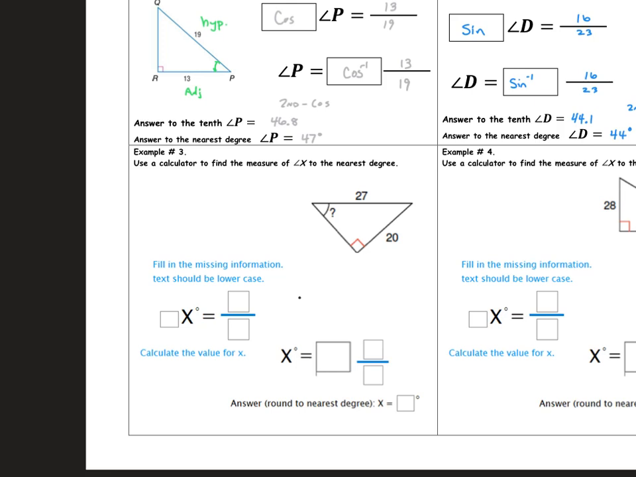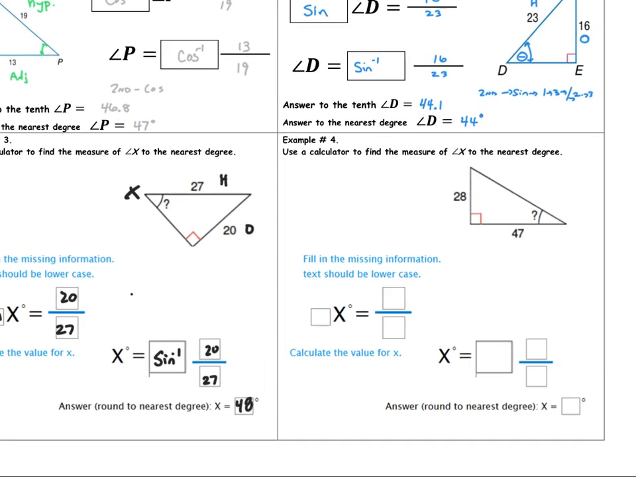Look at example number 3. The question mark is the angle I'm trying to find, so I'm going to call that X. Again, if I wanted to find this, I need to look down here and set up my ratio. I've got the opposite side, I've got the hypotenuse, so this is the sine of X, and that is 20/27. So what does X equal? It is the inverse sine of 20/27. And this time I want you to tell me what is that answer to the nearest degree, and I get 48